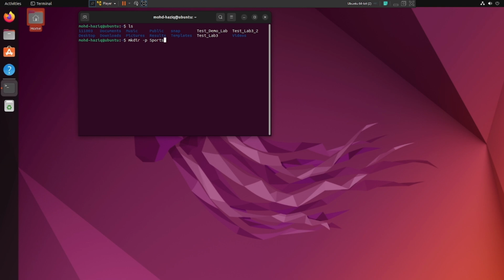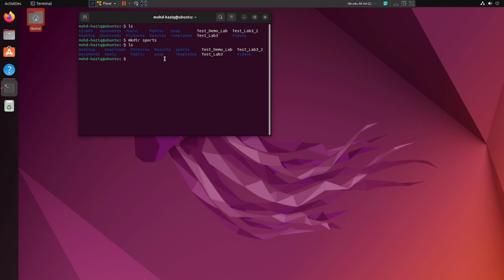I just punch in this, and as you can see, after pressing enter, it shows nothing. To recheck if the file is really made, you can just put in ls, and as you can see, there it is,